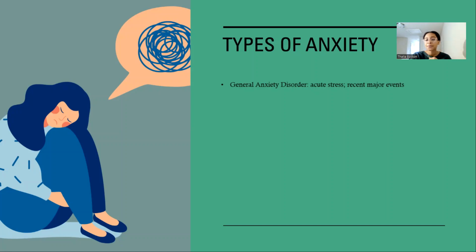If I were to give a school example, I feel like we all can relate to this. Say you have an exam the next day and you're very stressed about it. You've been stressing about it for weeks. You have been preparing, but you don't know if you're going to do well on it. With this type of stress, like predicting the future, it causes concentration issues and disruption in your sleep cycles. Because of the concentration issues, you're hyper fixated on this one thing that you're worried about. So it's excessive worry and anxiety that you won't get over until that event passes. It doesn't have any long-term effects. It's more situational. That's why it's called acute stress.